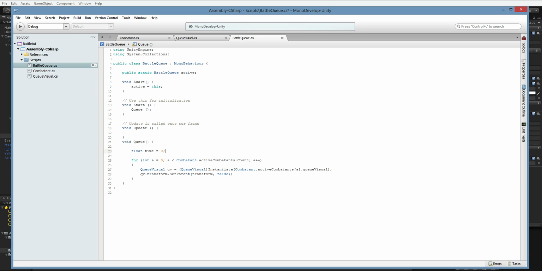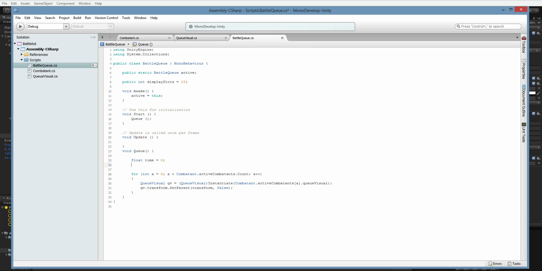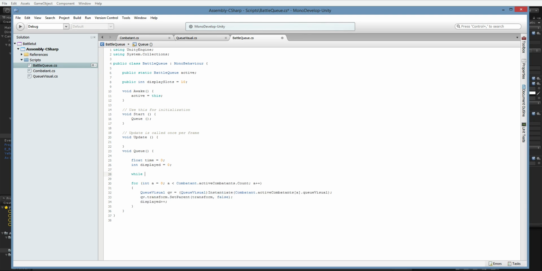Float time equals 0. What we need to do is march ourselves forward through all of the combatants until we have hit a certain number of slots. So let's set that up here. Public int displaySlots equals 10. Int displayed equals 0. Here we'll say displayed++, and here we will say while displayed is less than active,